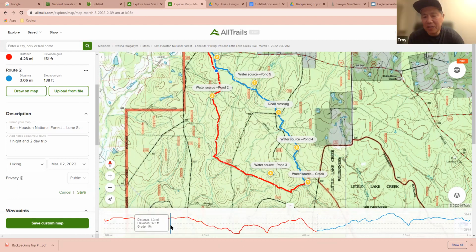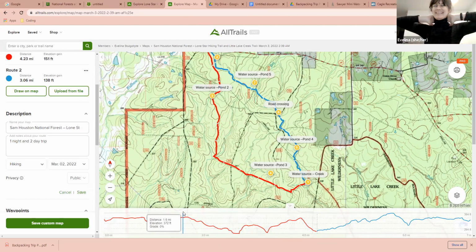Any other questions about this? I'm sure they'll pop up when we start actually doing it. That's true. The fact that you chose Sam Houston National Forest is, in some respects, like the Goodwater Loop that we did, where you can just hike in and camp along the route.